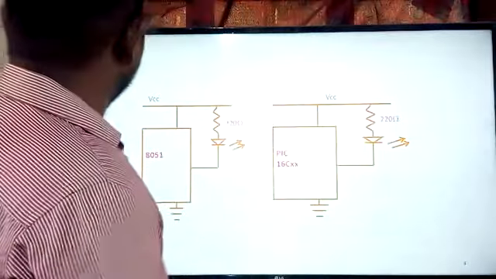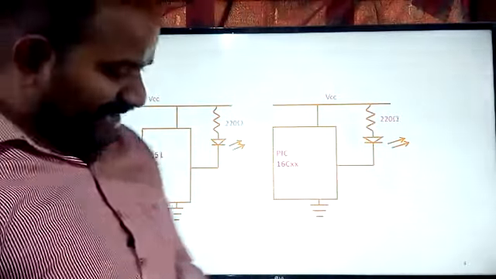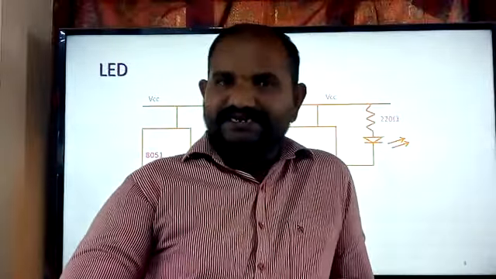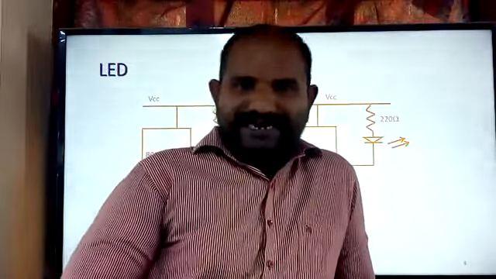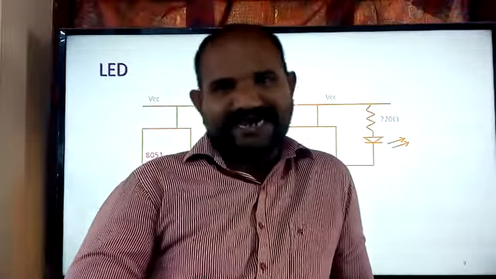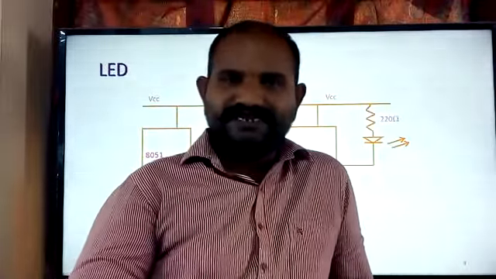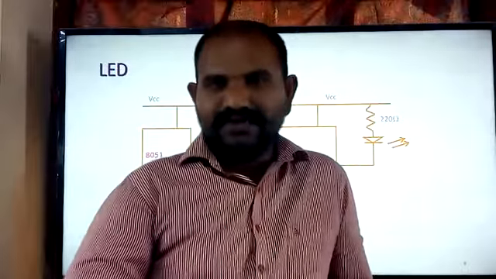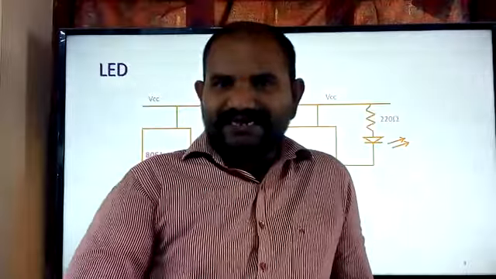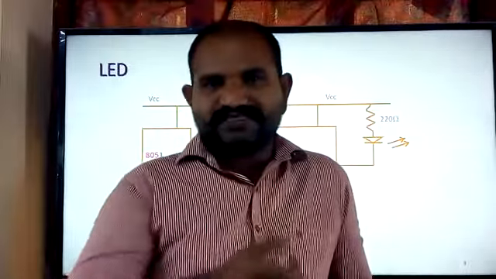Okay. Now, the next case is that I would like to interface the LED, light emitting diode. Two cases are there in interfacing the LED. You would like to glow the LED based on the push button, or you would like to glow the LED directly, meaning the LED which is interfaced to the microcontroller can be glowed directly, or you can control the glowing of the LED, switching it on, by the push button also. Two cases are there in this one.